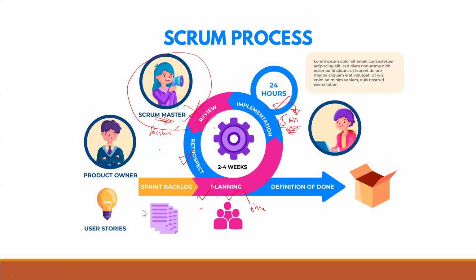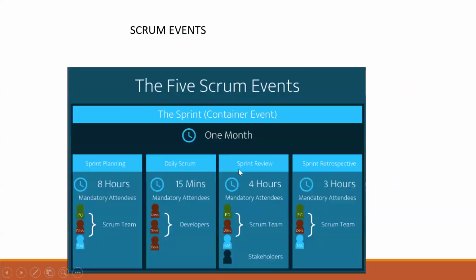Next thing that we have in the Scrum. Actually, I'm just talking about the Scrum on a higher level, what you have to do as a Scrum Master. Next, there are 5 events in the Scrum. What do I mean by the 5 events? I will go with the first one, the sprint planning. What do you mean by sprint? We will talk about that a little later. Let us say it is a planning event as of now.